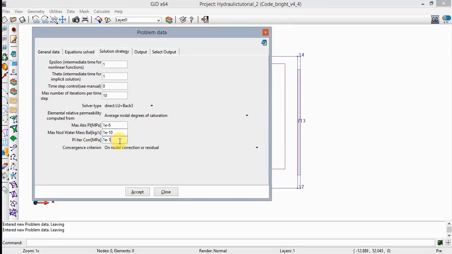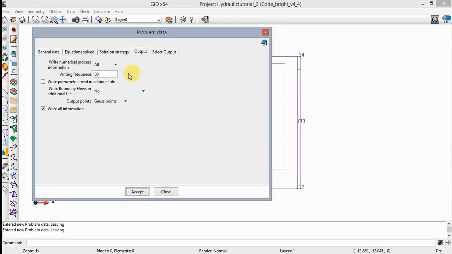Use the default option on nodal correction or residual for the convergence criterion, and click Accept to modify the mentioned data values. Now select the Output tab